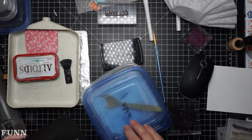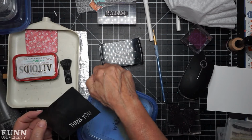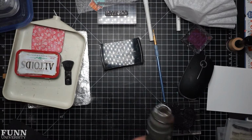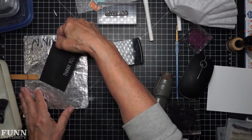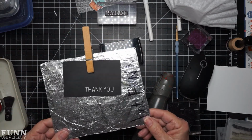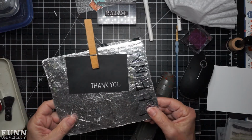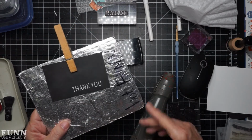Here's something else. Make sure you cover this up. Clean before you heat anything. Make sure you also cover that up before you turn this on, because this thing blows hot air. It's like a convection oven, so to speak. So this is my little heating platform. I made them. I just used a piece of chipboard, cardboard, inside like a carton, and then covered it with aluminum foil, which does